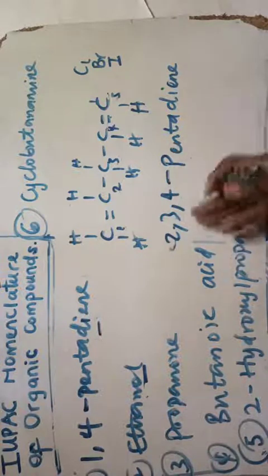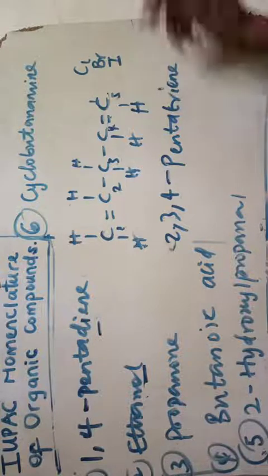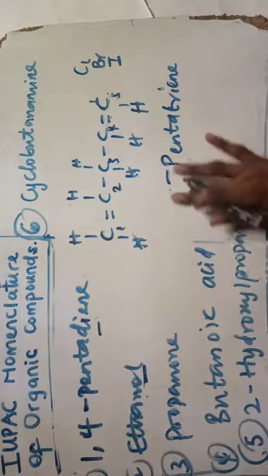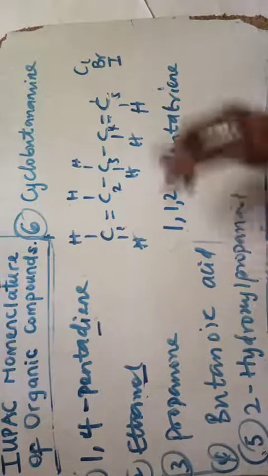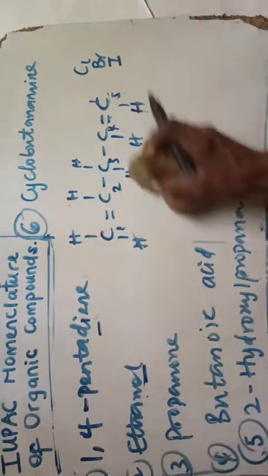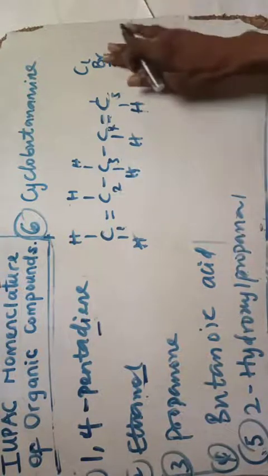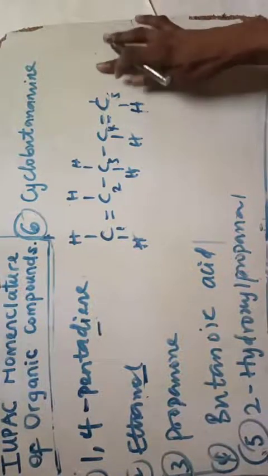Another thing is, let's say 2,3,4, like that. It will be triene. So you can even have 1,1,2. You can have like that. You can have 2,3. You can have things like that. Okay, so now also, if I were to put, let's say, we want to consider a situation whereby we have bromo here.